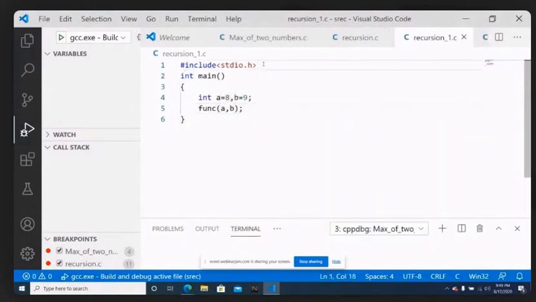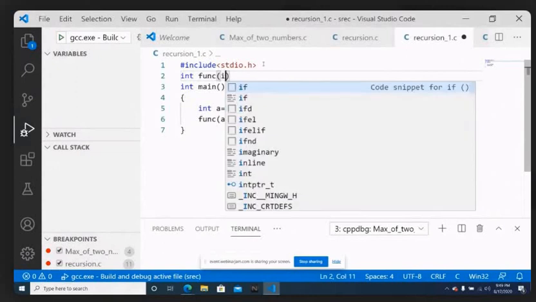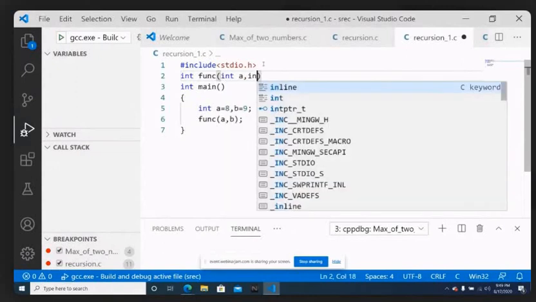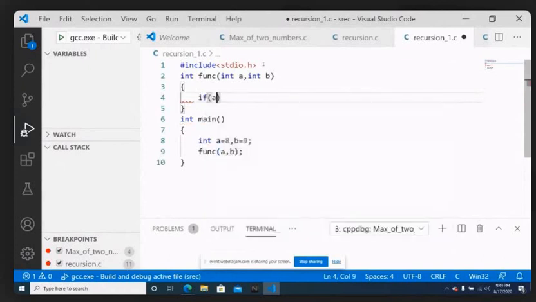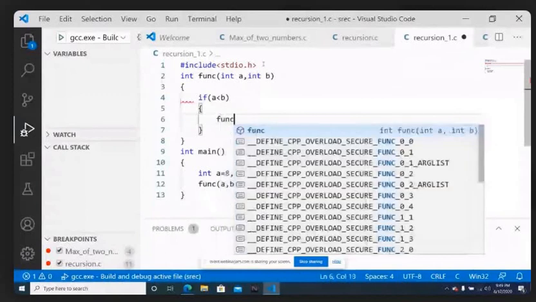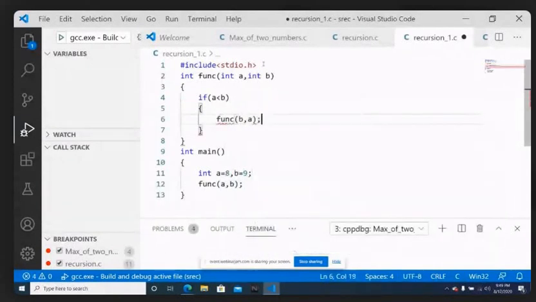Now, inside here, I will be taking an integer function called func, which is going to take 2 parameters, integer a and integer b. I will be checking if a less than b. I will be doing a recursive call func, passing b comma a, inverting the a comma b values.